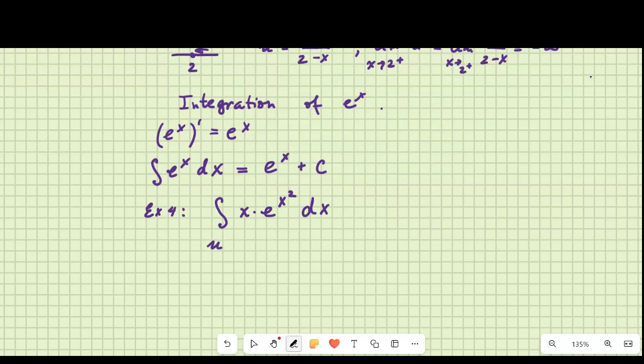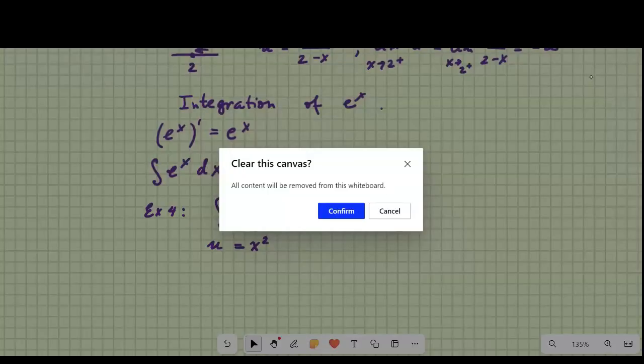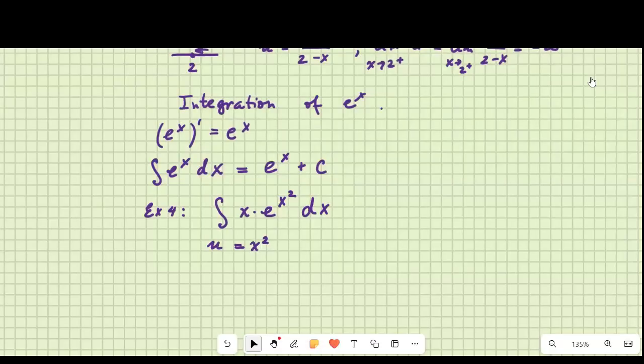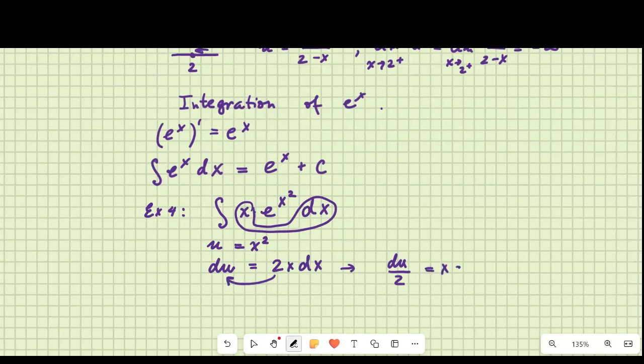In our case, substitution is going to be u equals x squared. So what is going to be du in this case? Well, if I differentiate this, derivative of x squared is 2x dx, right? If I look at my expression over here, I'm going to see that I do have x dx already, right? The only thing I don't have is 2. So what I can do, I can write down that du divided over 2 is equal to x dx.